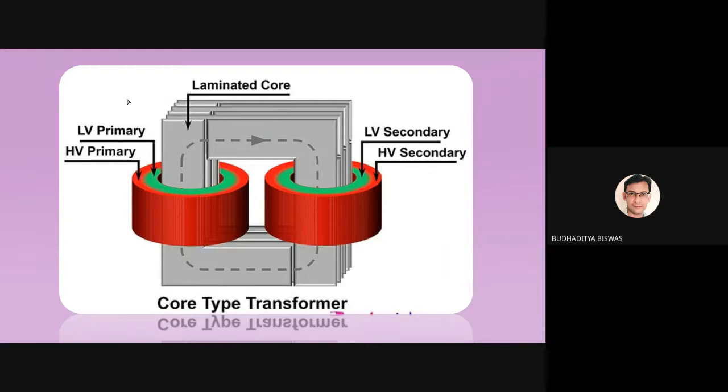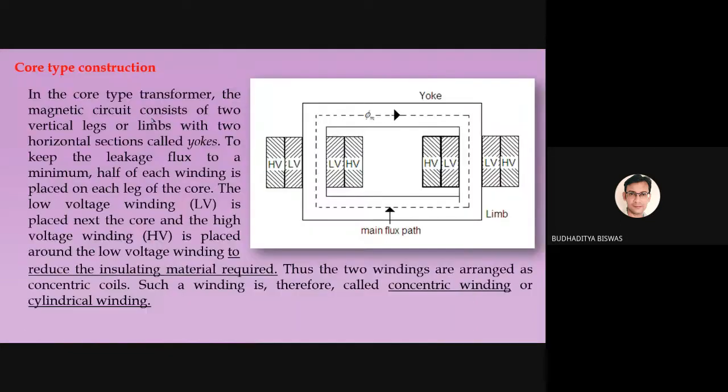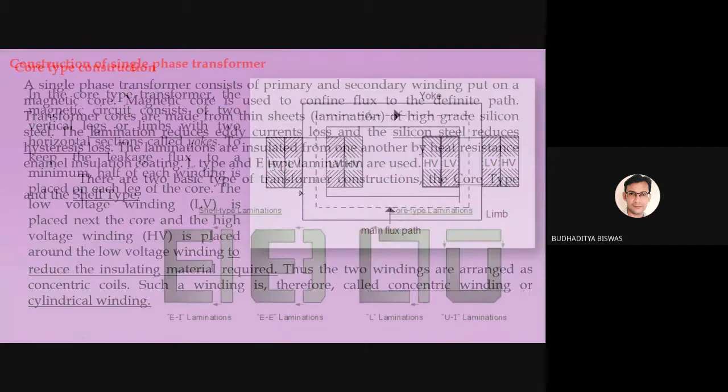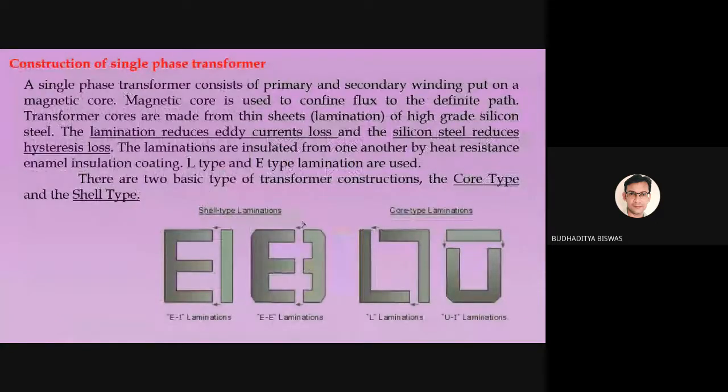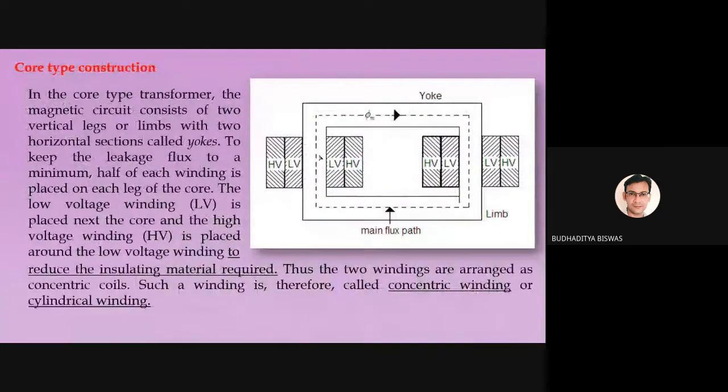Okay. So this is called the core type transformer. Here, all these things are written in detail. Here you see the low voltage winding is placed first, then the high voltage. This is the cut section view, and that is the 3D view. If you take a cut section of this, it looks like this. First is the low voltage winding around the limb, then around the low voltage winding, the high voltage winding is placed. First low voltage, then high voltage.